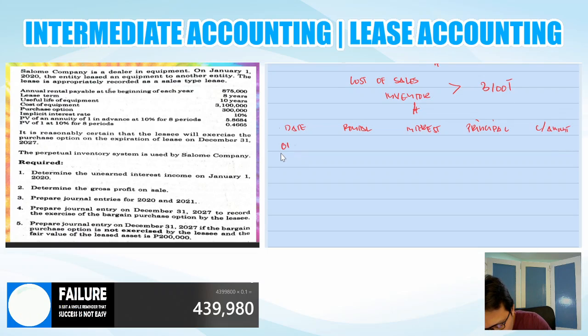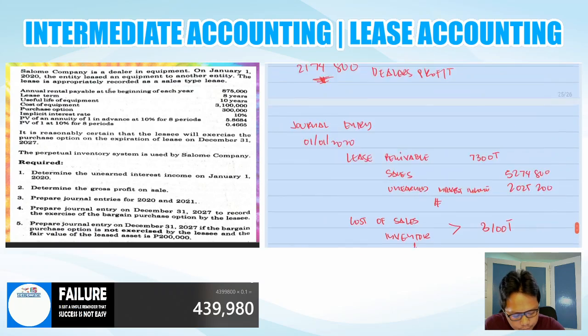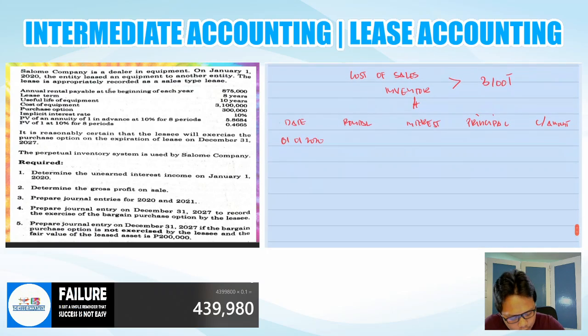The first date is January 1, 2020. Initially, we started with 5,274,800, di ba? However, on January 1, 2020 also, we had a payment of 875,000. Again, this is non-interest bearing dito sa portion sa amortization schedule because, yun nga, advance payment